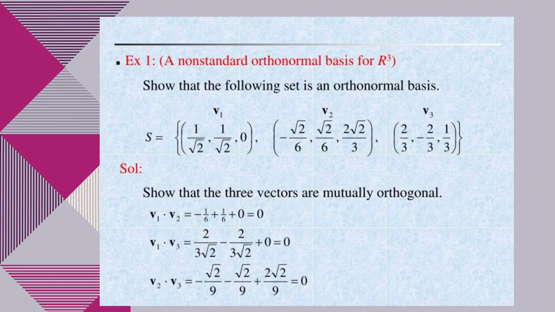So let's check if a given set S of three vectors is truly an orthonormal basis for R3. First, we check if all pairs are orthogonal by computing their dot product, computing v1 dot v2. We carefully multiply and add the matching numbers, and it comes out to exactly 0. Doing the same for vector 1 dot vector 3 and vector 2 dot vector 3, both also give us 0. Since every pair has a dot product of 0, we confirm that these three vectors are mutually orthogonal.